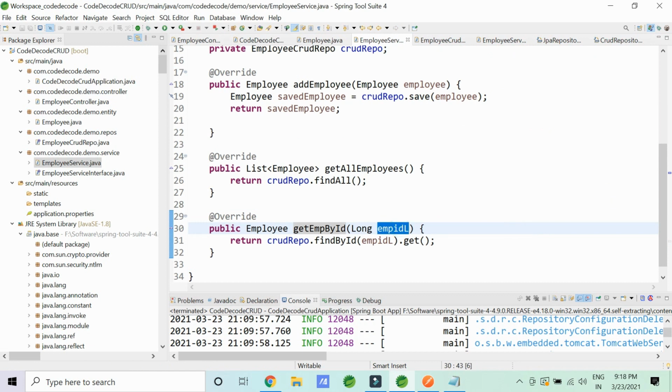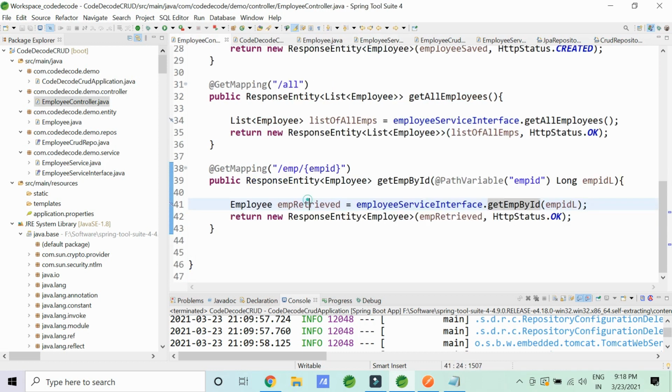The employee ID will be given here. It is going to do findById on your repository. Repository is nothing but a place where all your data is stored in the database. It will get that particular data and return it to you. Once you have it returned, you have it here, and the method which we are using as a controller method is capable enough to create a new response entity with that, and will send you the HTTP status as okay.